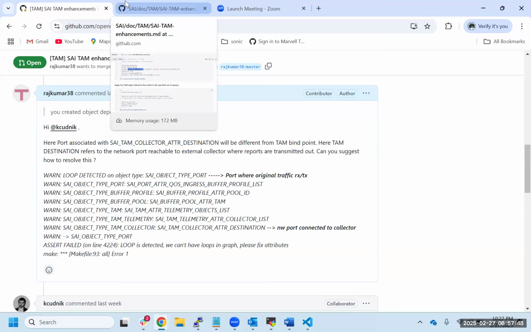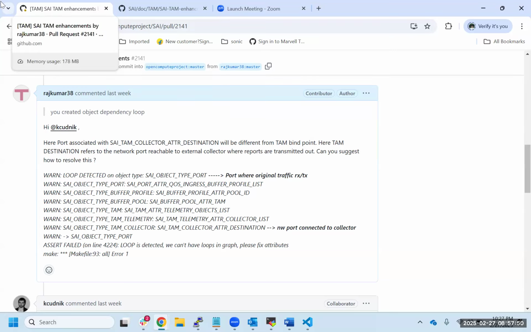For example, I'm not sure if this is possible here, but here we start with the port, and from the port we go through all these objects to a destination TAM collector.